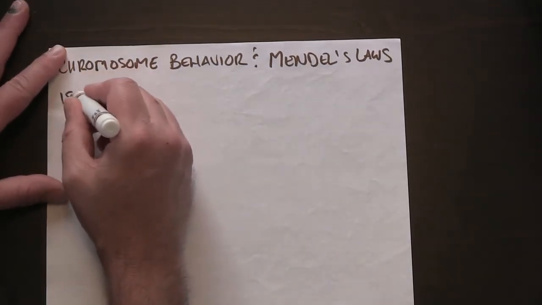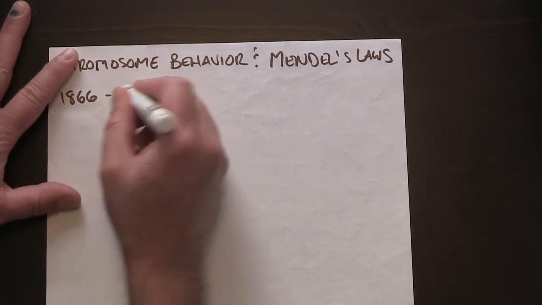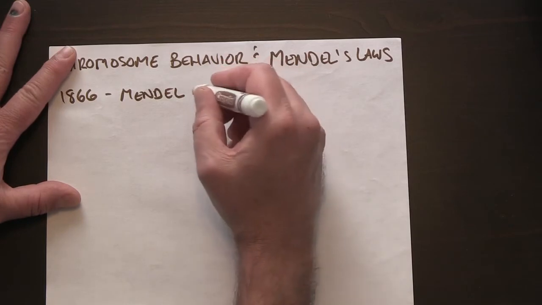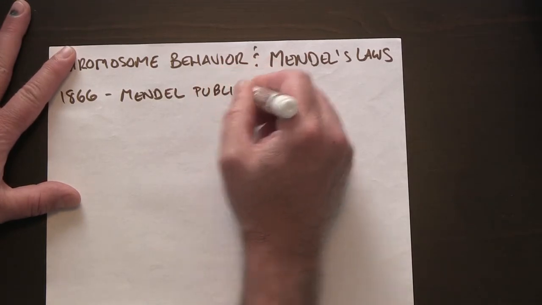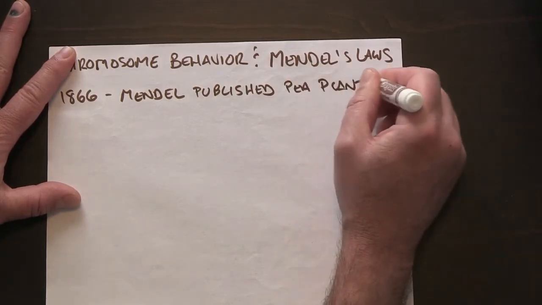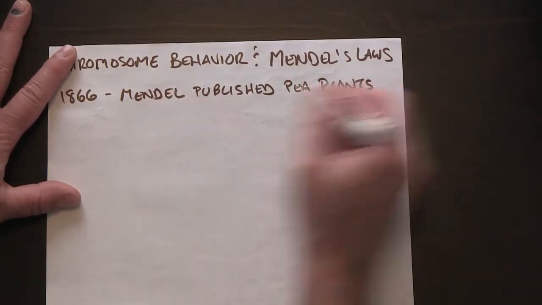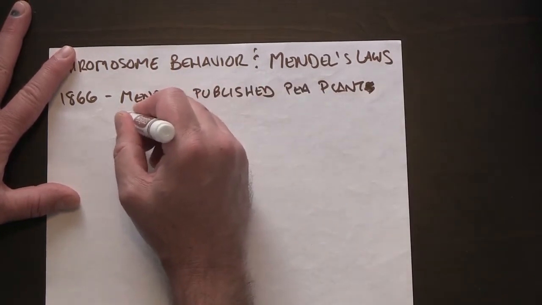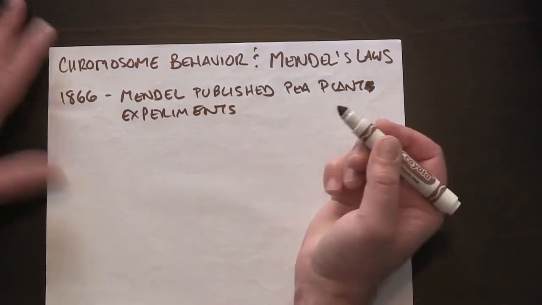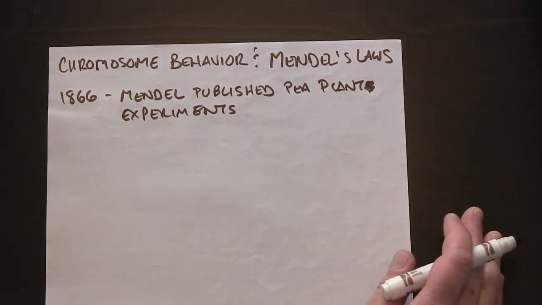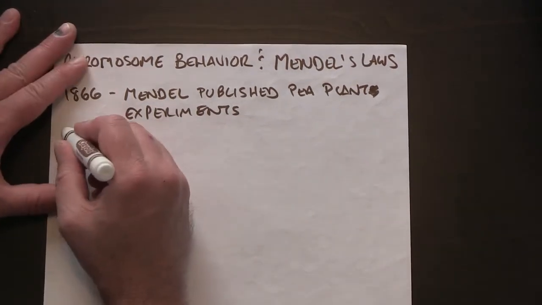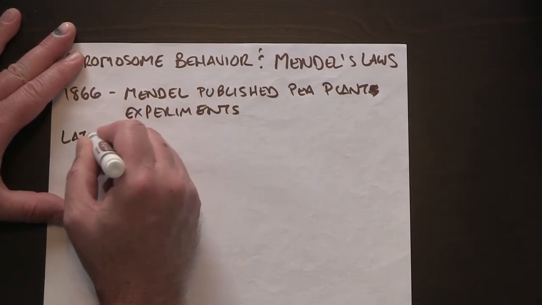So in 1866, Mendel published his work that he had done with pea plants, pea plant experiments, let's say. And the world kind of went, oh, that's nice. Moving on. And so then later in the 1800s,